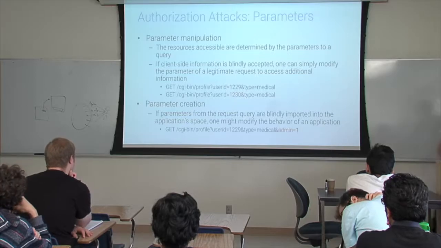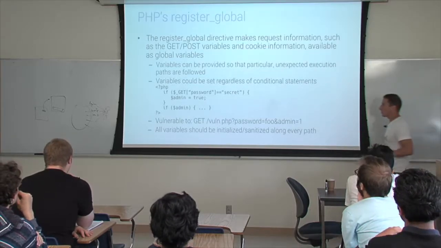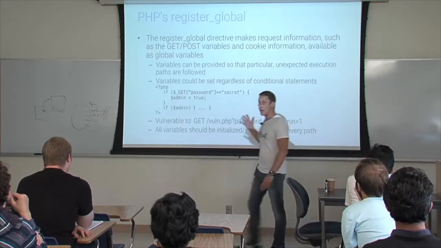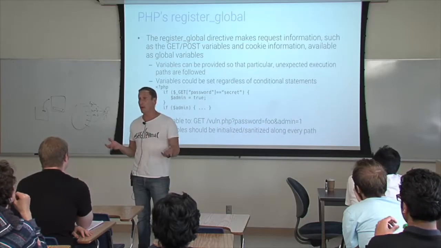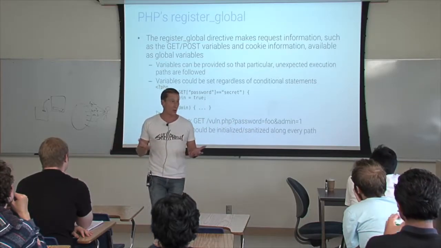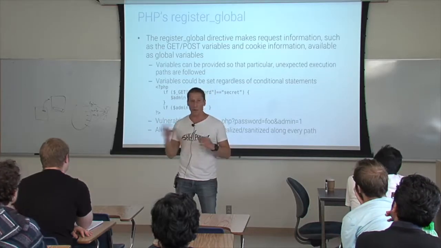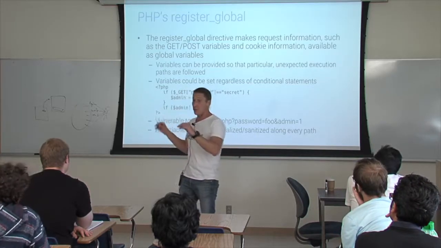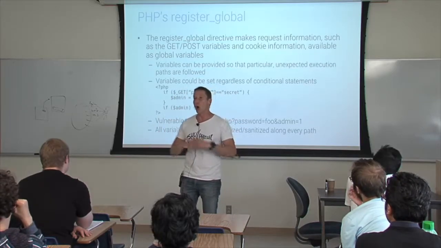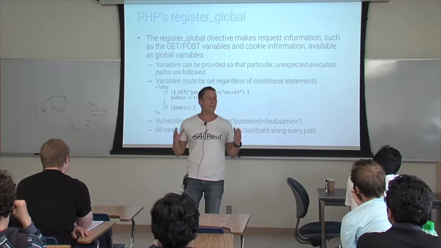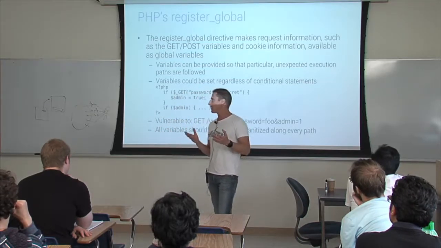Interesting enough about this particular thing is the famous register globals. This is a classic example of why PHP was so great and so bad from the security point of view. Somebody said, let's make it super easy. Whenever somebody makes a PHP request, all the variables in the parameters, we're just going to create as variables in the code for you, already initialized. So you don't even have to read from the request. We just create those variables for you. Everybody's like, this is super easy.